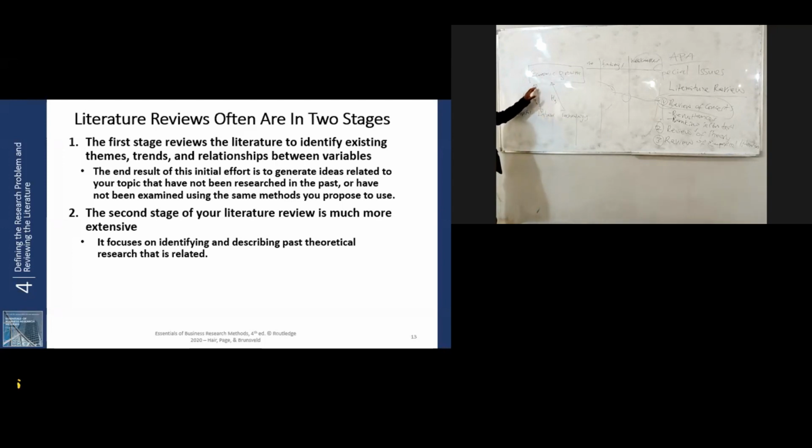H2 is telling me that when the economy grows, the labor force expands, and when the labor force expands, the economy also grows. That's hypothesis 2. Then the third one tells me that when there is technological progress, it leads to economic growth. So this is also a hypothesis. So this is a very simple conceptual framework